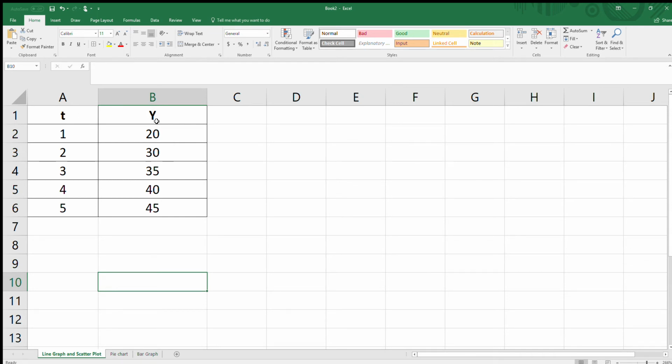I've already created some fake data, which is time series data, and it shows 5 periods of time. Let's just say it's 5 weeks or 5 months or 5 years. And the corresponding value of our variable of interest is y, which is given here in column B. So the value of y in time period 1 was 20, it was 30 in time period 2, and so